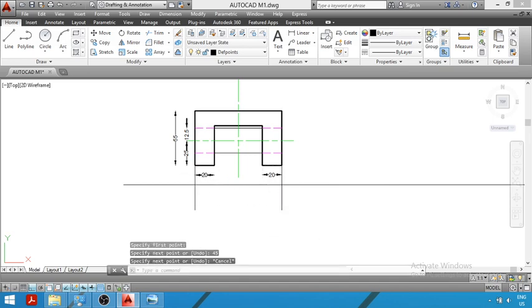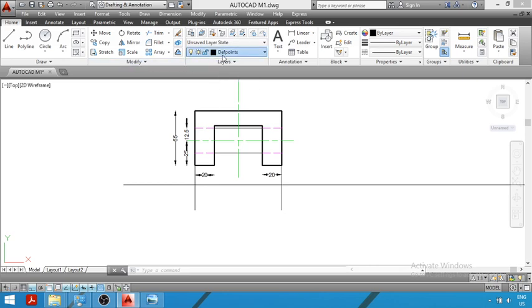Now, students, note that these two lines, that is this line on the left hand side and this line on the right hand side, are construction lines or projection lines. So, they should be light, and the length of this line should be equal to the length of this line. So, now we have projected the left point and right point in the top view.